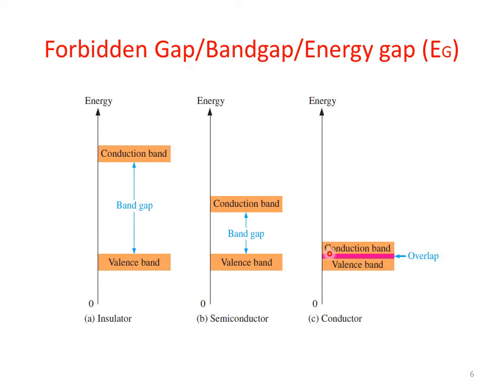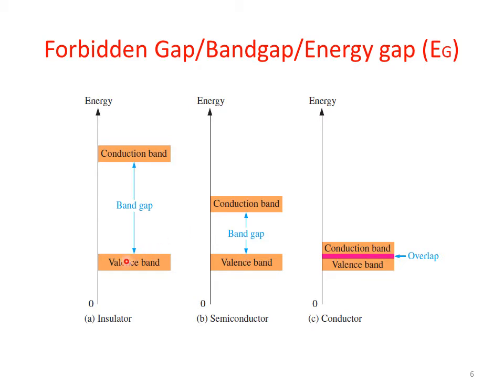It is very clear in the conductor that the valence and the conduction band overlap each other, as a result of which all those valence electrons which are present in the valence band are equally present in the conduction band and are free and ready to conduct the current. That is why the current carrying capability of a conductor is very high, because all the electrons available in the valence band are already present in the conduction band. Just the application of voltage will cause current to flow through the device.